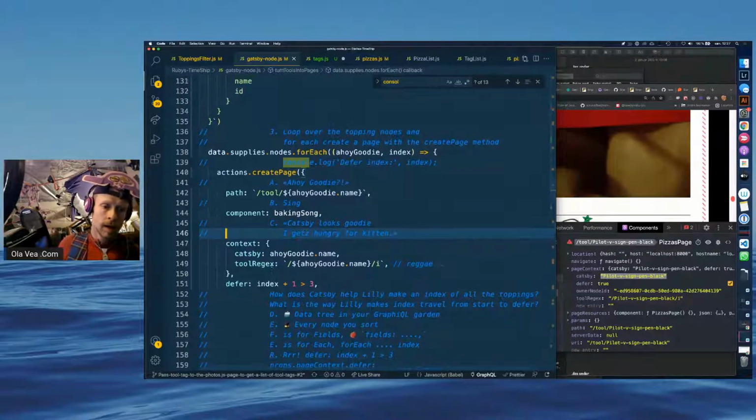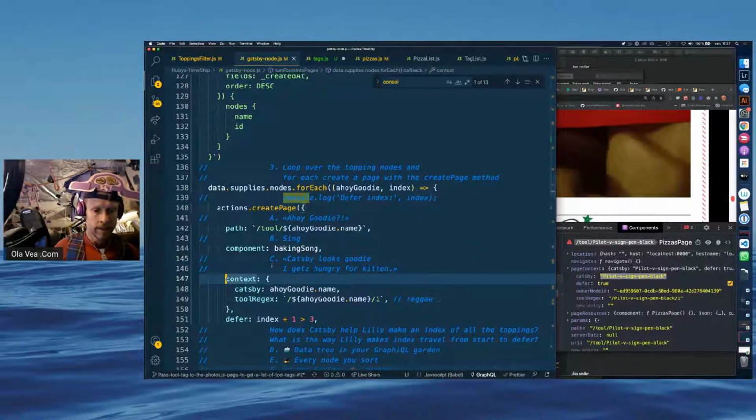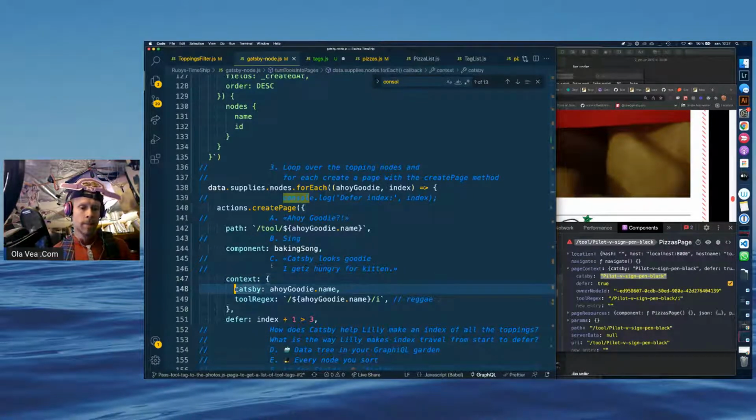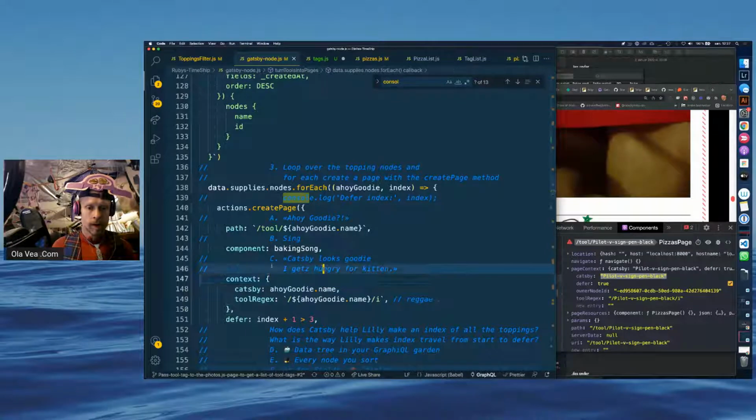Okay, so inside of this context here, I didn't make that up. That's Gatsby. I think who decided that it should be. So I'm just sticking to that. It's called the context. And inside of that, I'm making this Catsby here. What is the value of this Catsby key thing? Ahoy goody name. So I'm baking these Ahoy goodies here